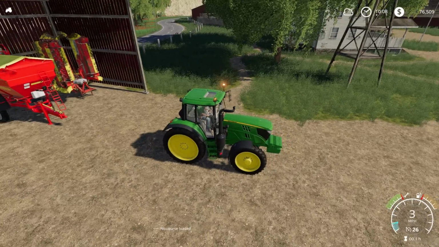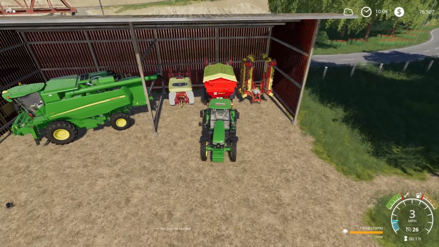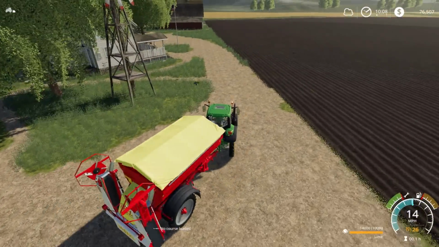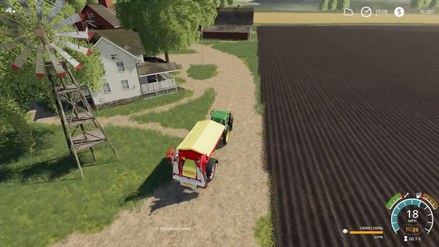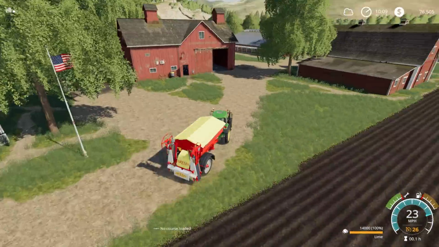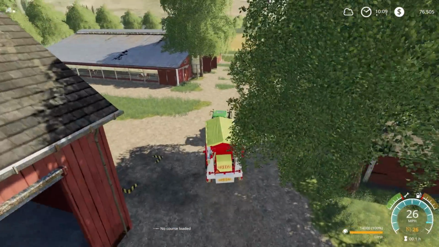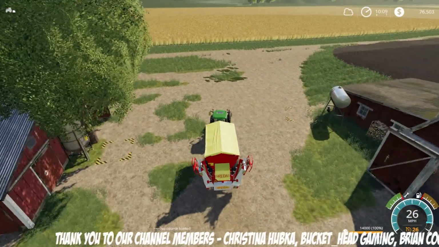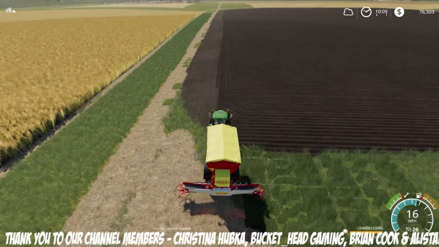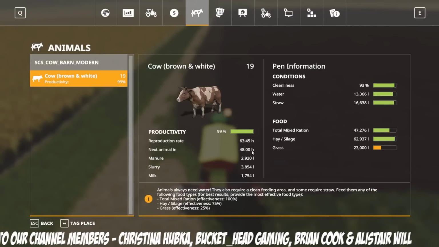So what I'm going to do today is spread a little bit of lime around, and I'm also going to go and pick up our stump grinder, probably grind a few stumps down, see how we go with time, and probably going to purchase some more cows too. I feel like 76,000 could probably do with some more cows. Probably still only got 19 at the moment, so every